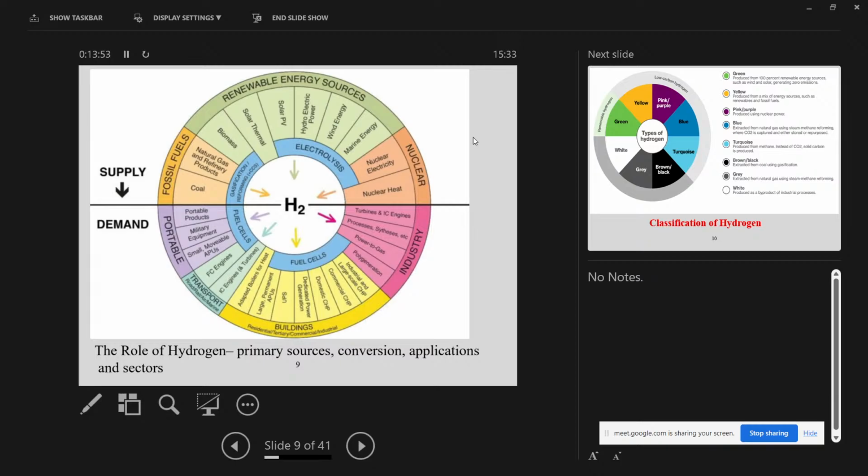The important part is the demand of this hydrogen energy in the various sectors. So it is through portables, in transportation itself, through the buildings and the industry itself. Everybody knows that the main resource for which we require energy is the petroleum sector. The second is transportation, and the third one is the building energy, or the buildings.